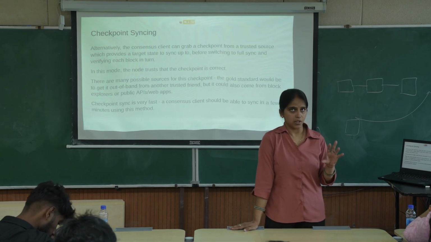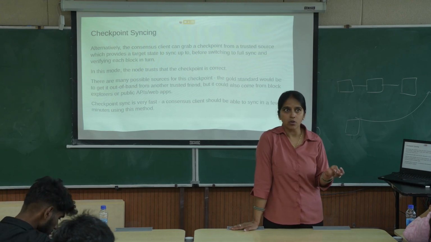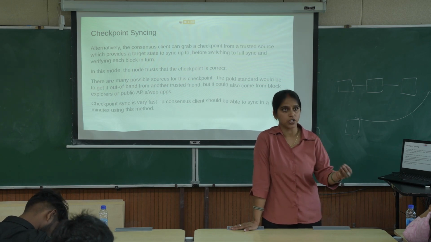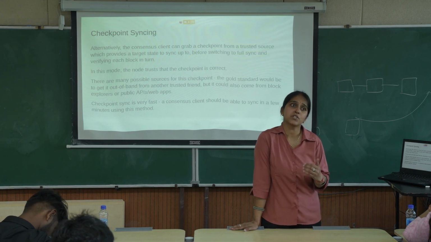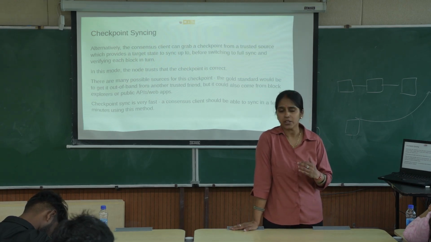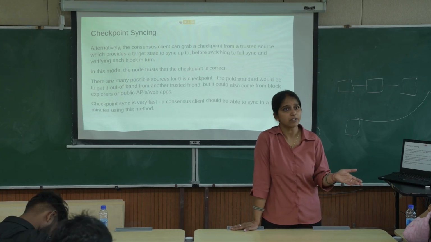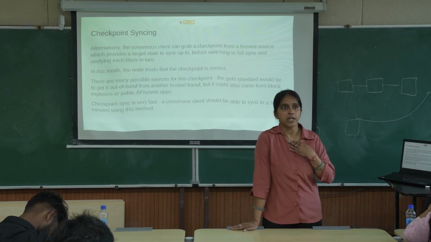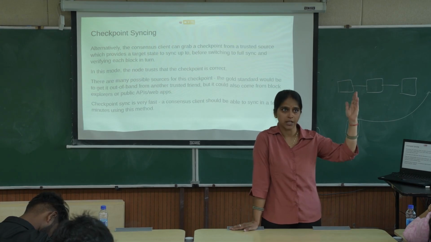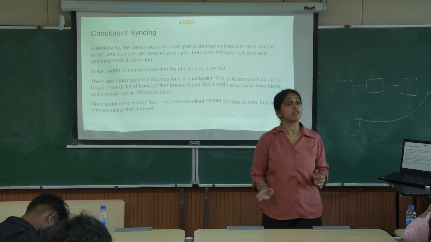But look, it depends on us. There are multiple types of nodes: full node, light node, the syncing modes we learned. Whenever we are getting connected to the blockchain, we have to check which type of synchronization we want and what type of data we can support. If we want our data to be correct exactly point to point, we will use an archive type of node. We are ready to provide our disk space, 12 terabytes of disk space, and keep it running. Then we will be using archive data, and our data will be correct.